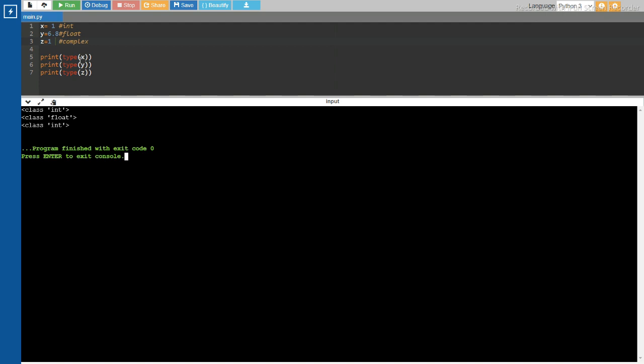When we ask the data type of x, it is an integer, as we defined it, it showed class int. And the next one is 6.8, which has a decimal point, so it is called a float. And the last one is a complex mixture of a number and an alphabet. This is up to Python numbers. There are three types of number, remember this.